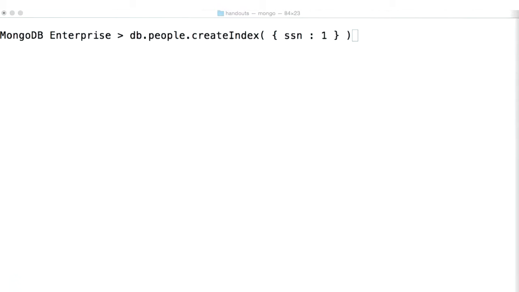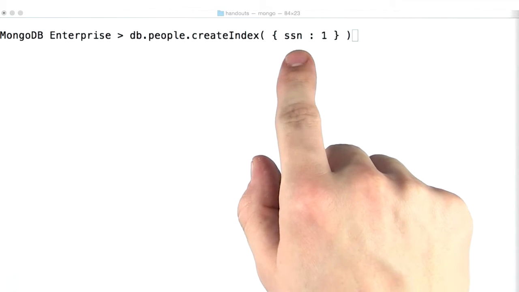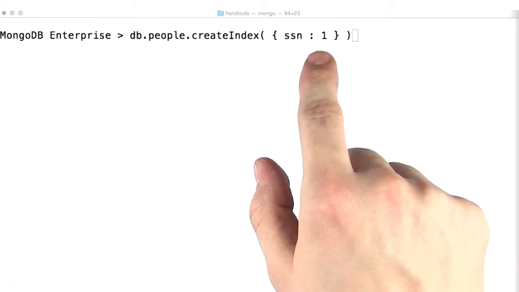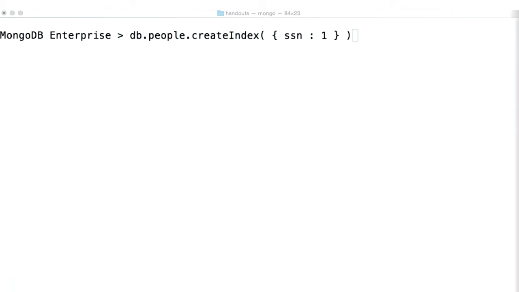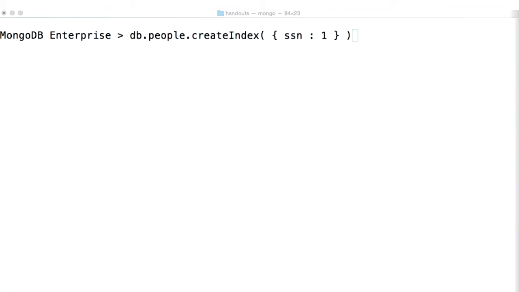In this video, let's continue talking about single field indexes. In the last video, we saw how we can create an index on a single field to query on a single value, or to use dot notation to query on a single value inside of a subdocument. In this video, let's talk about using single field indexes to query on ranges of values and querying on several